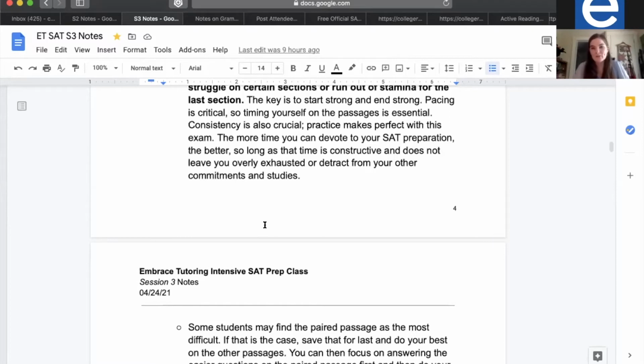Consistency is also crucial. So if you do really well in one passage, maybe you got a bunch of really easy passages in that particular test, because the difficulty of the texts that you see is going to vary, and even the subject matter is going to vary. So maybe they were talking about a subject that you're passionate about, that you're knowledgeable about, so it was an easy section for you or part of the test for you,